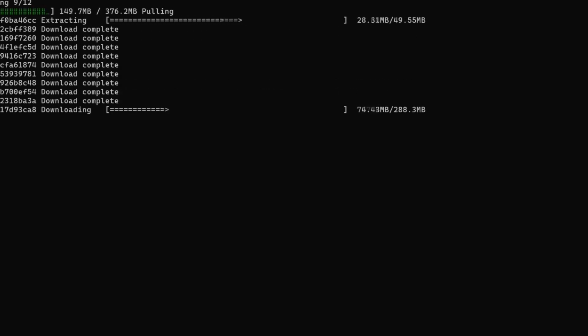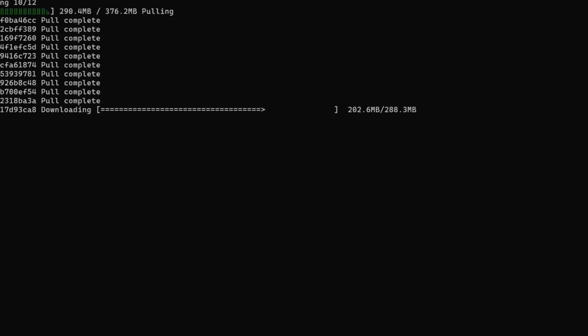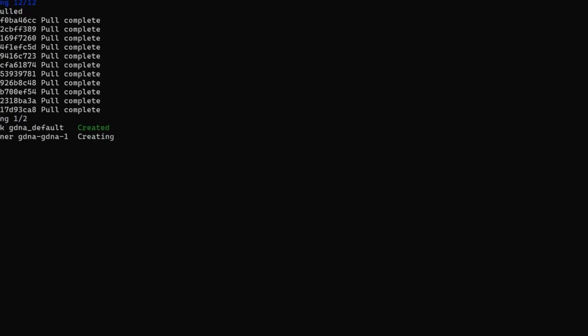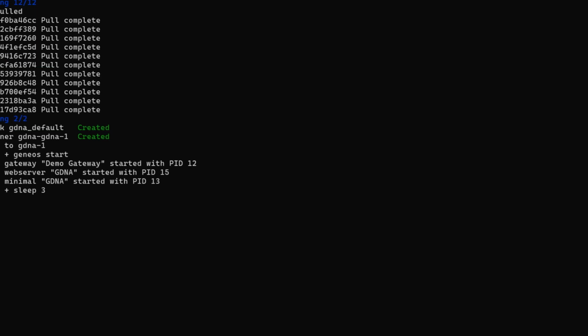really all you have to do is docker compose up. Now, in a normal system, you'd run this in the background with a -d. I'm not going to do that. I'm just going to run docker compose up so that we see what it's doing. It will very quickly download the layers from our registry, extract, and run. And what you'll see there is it's using the Geneos tool